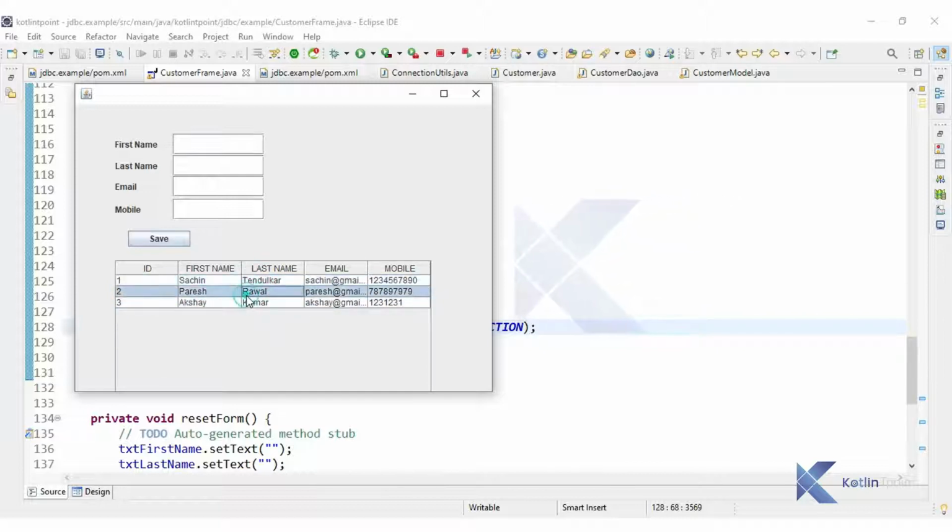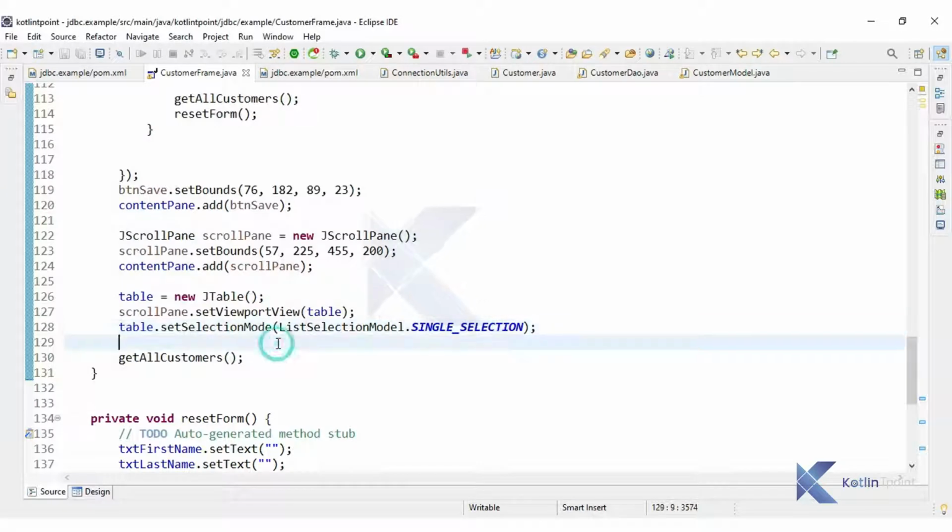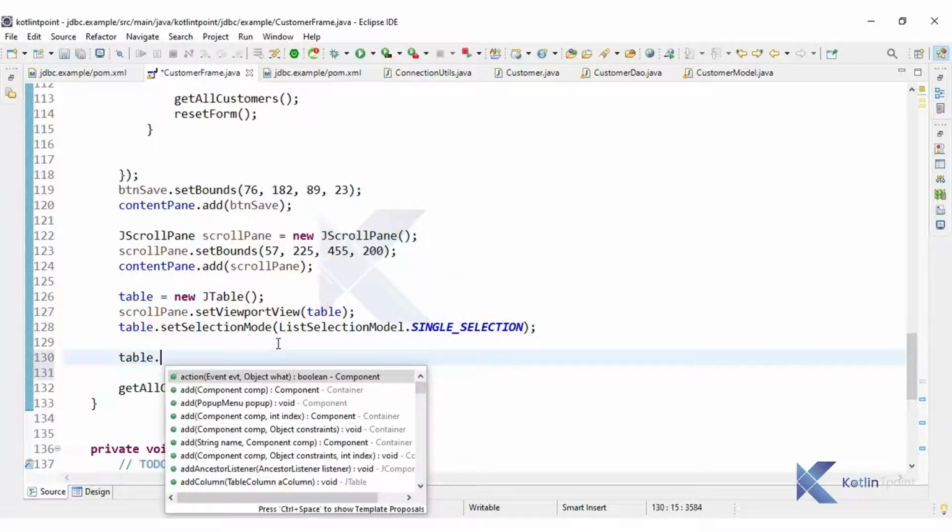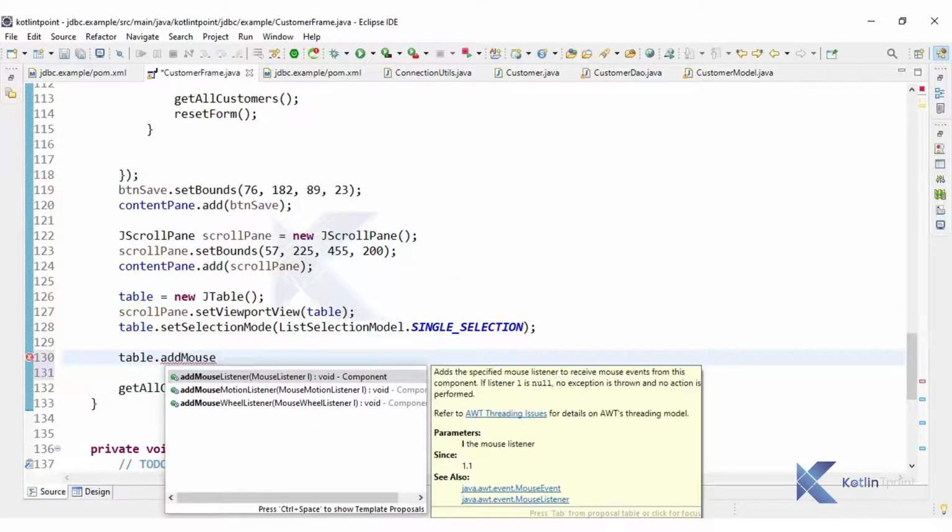And next I will display the selected row data with our form. Okay, so for that I am going to create one event here, table dot add mouse listener. So I'm going to create an event for the table mouse event.